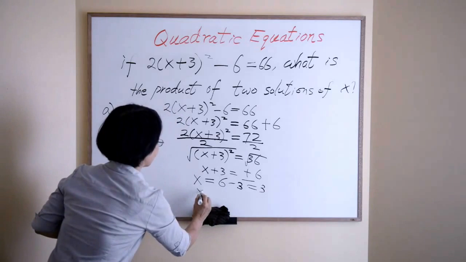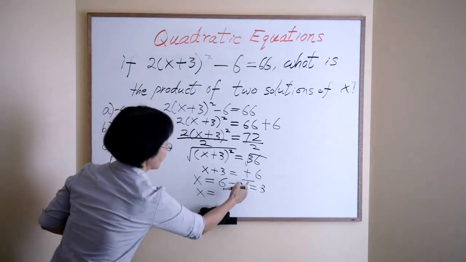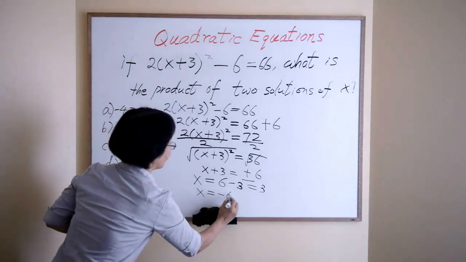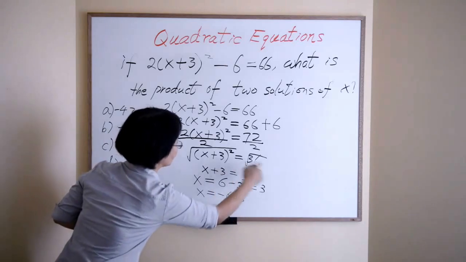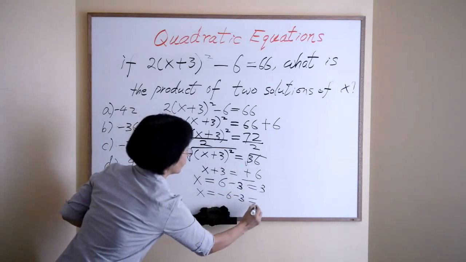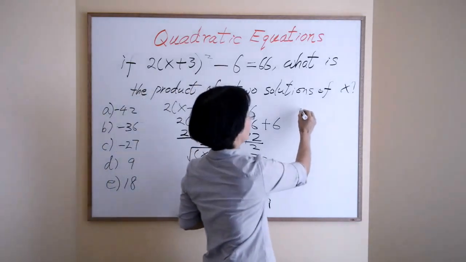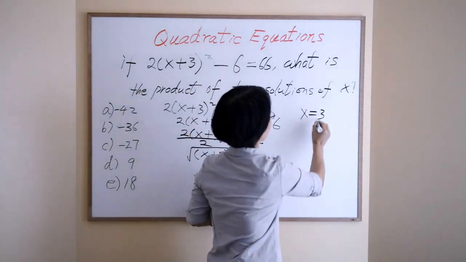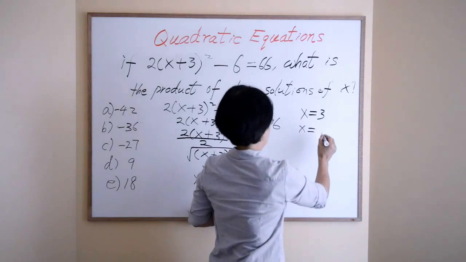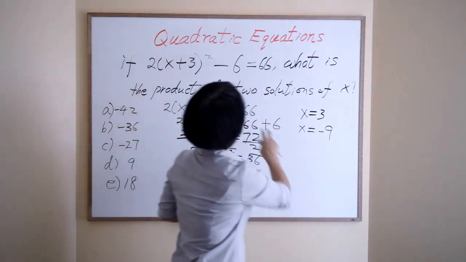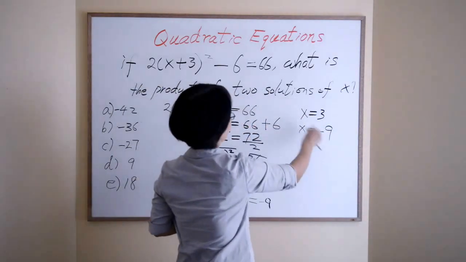And the next one is x equal to the negative 6, minus 3. When I move over, it becomes negative 3. It's negative 9. So x equal to 3 and x equal to negative 9 are the two solutions of this equation here,